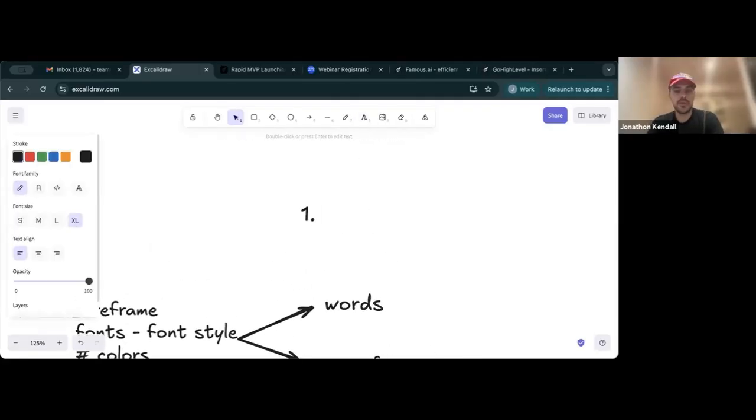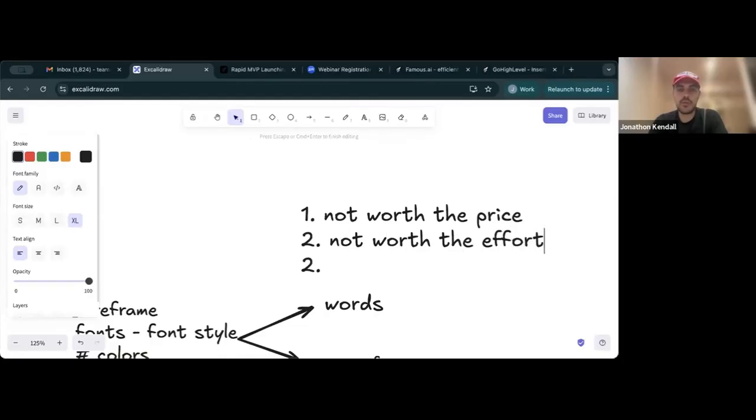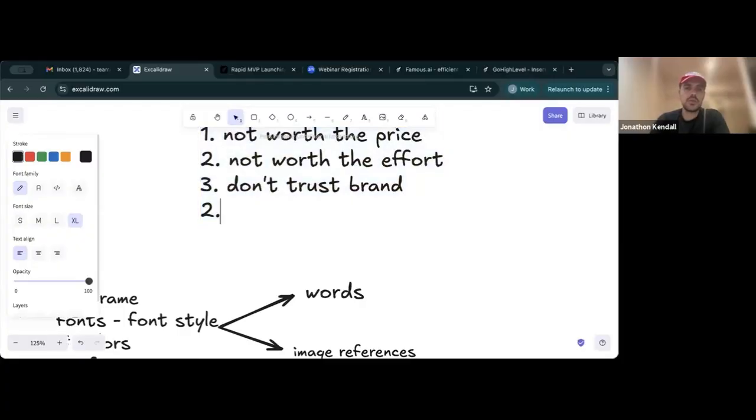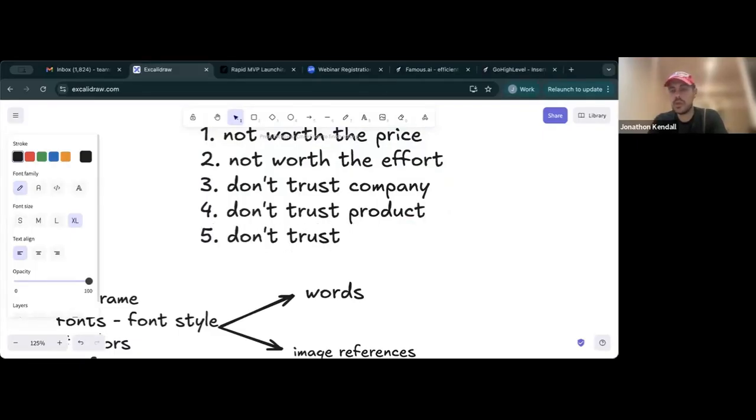Trust, I've talked about this before, but there's essentially 6 objections that people have: not worth the price, worth the effort, don't trust the company, don't trust the product, don't trust the salesperson, or don't trust themselves.